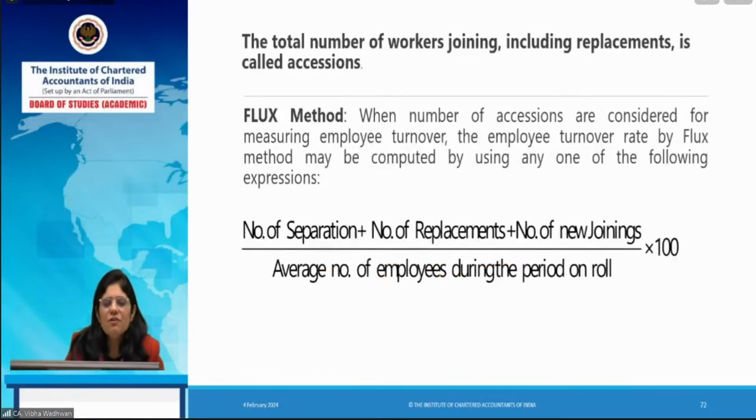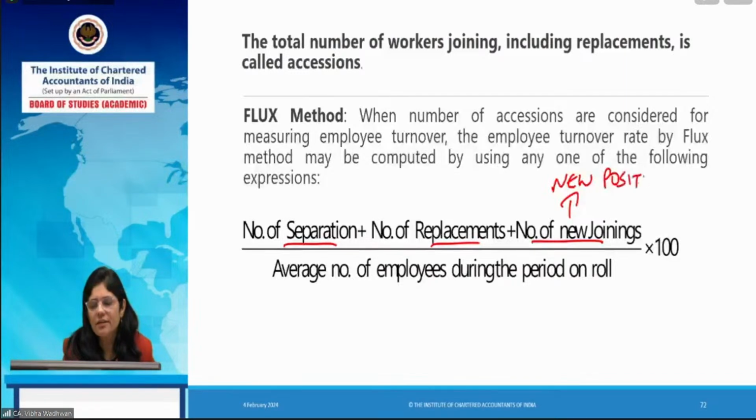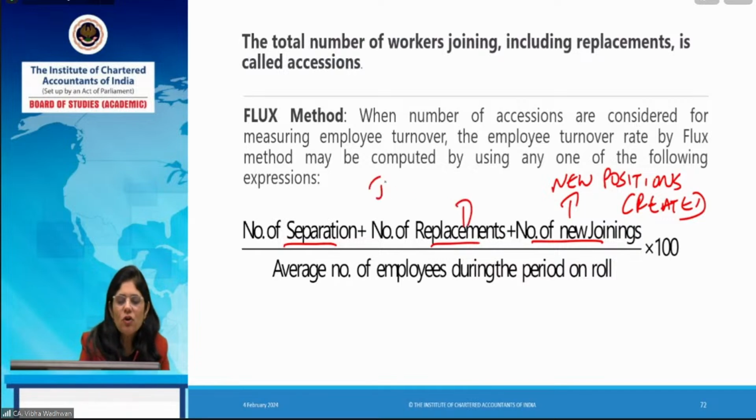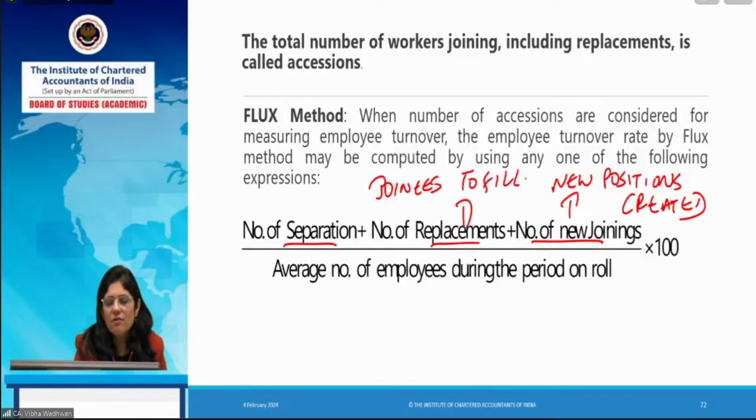So another way of this average method is number of replacements and new joinees and separation. Total movement. New joinees means जो किसी की vacancy fill नहीं कर रहे हैं. New joinees means they are joining new positions which are created. New positions created. Clear? And replacements means joinees to fill vacancy, जो already vacancy है,